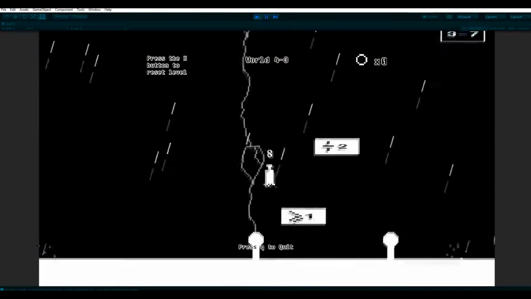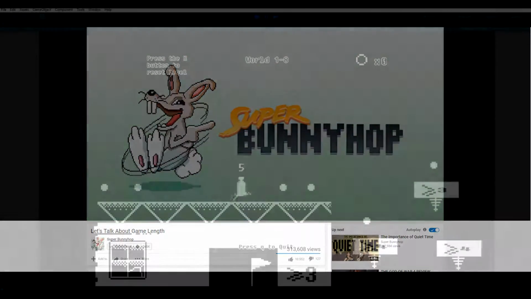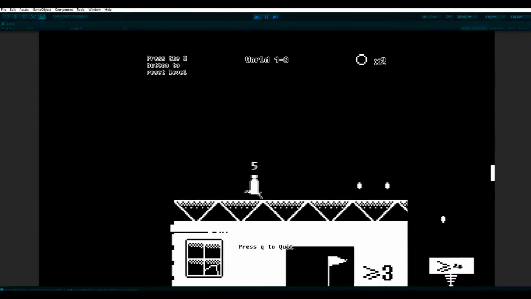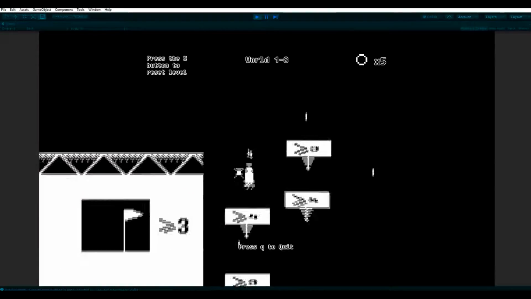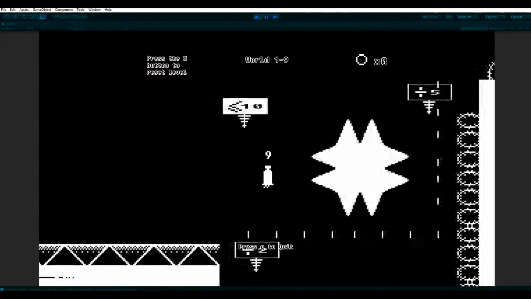Before finishing this log though, I wanted to highlight some possible upcoming features. After rewatching Super Bunny Hop's video on game length, I've been thinking of ways to extend the playtime of the game aside from the planned inverse levels, which are harder versions of a level you've collected all the coins in, where the player starts at the end and makes their way back to the beginning with maybe fewer jumps